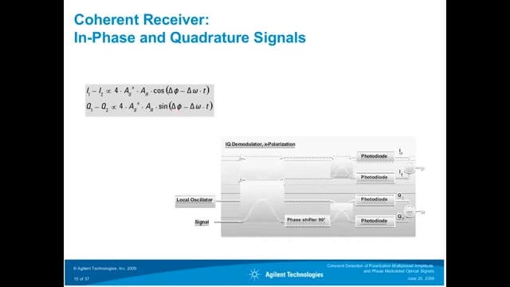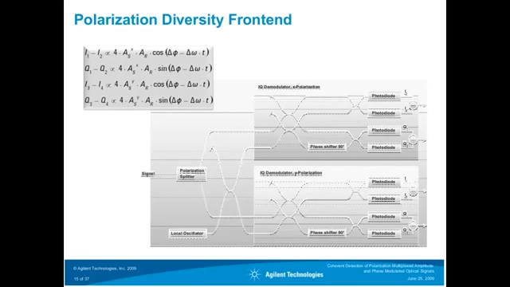So we are not yet at the polarization diversity coherent receiver. That's on the next slide. In this case, you basically need two of these IQ demodulators, which allow you to measure the in-phase and quadrature part of your signals. And the signals you're sending to these IQ demodulators are signals split by a polarization splitter. So you have the X polarization up here and the Y polarization down here. You mix both signals with the same local oscillator.